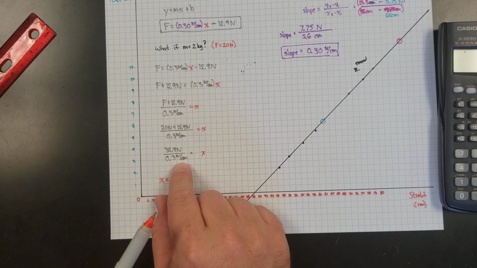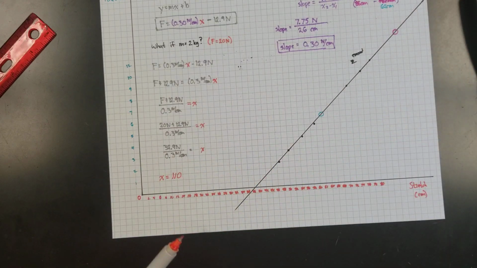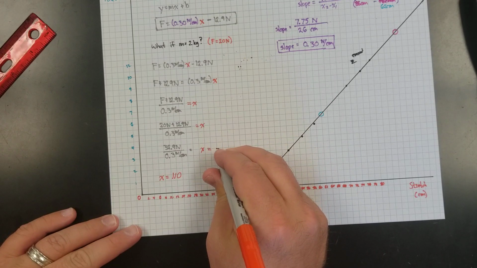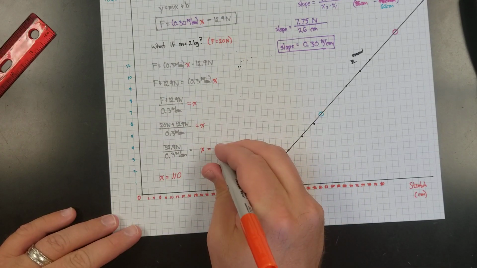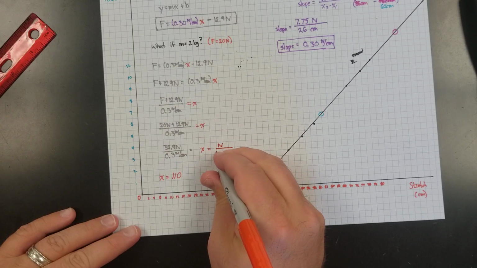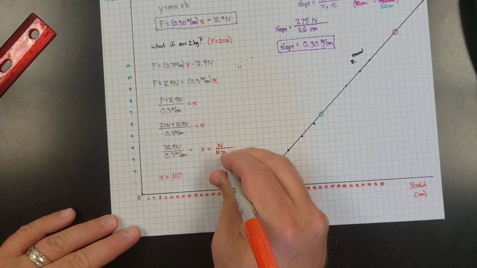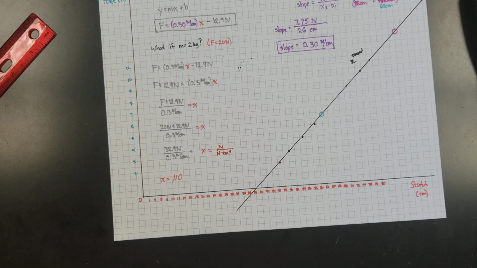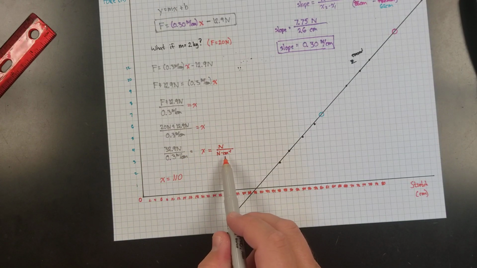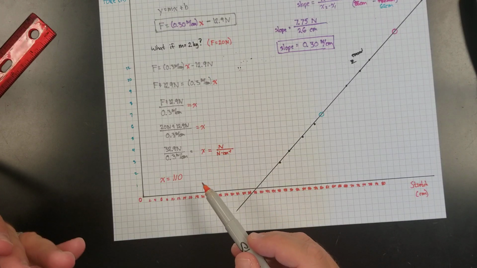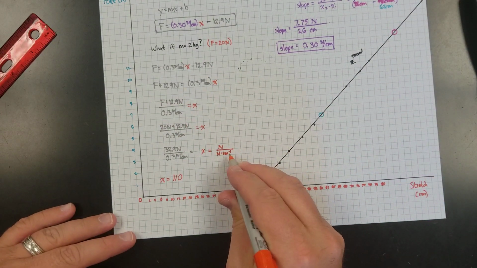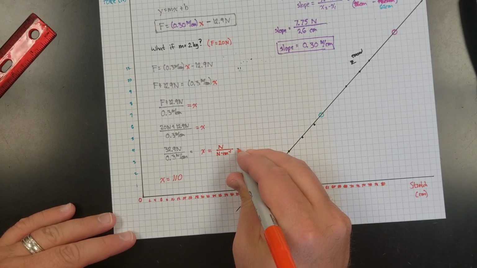fraction within a fraction. And so whenever you have these compound fraction situations, here's what I recommend that you do. And I'm just going to write just the units out here to the side. Instead of writing it as newtons over centimeter, write it as newtons times centimeter to the minus 1 power. That's what over centimeters means. It's to the 1 power, and then minus 1 means I've moved it to the other side of the fraction bar. Well, when you have a negative exponent like that, that just means it's on the wrong side of the